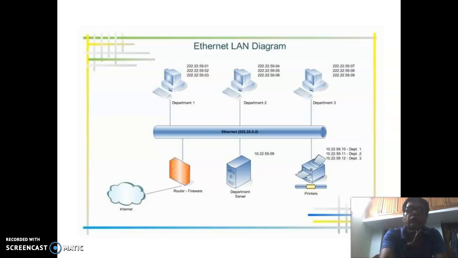Internet comes to these users via the router, and in this way the different users can get the internet. And here we have connected a printer, so any user can use this printer to get the printing output.